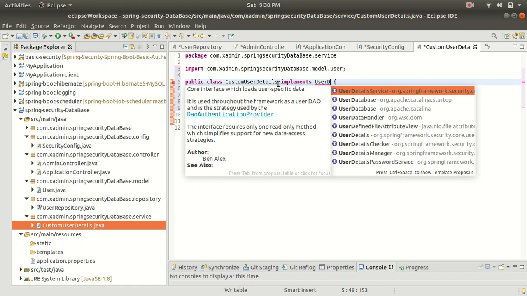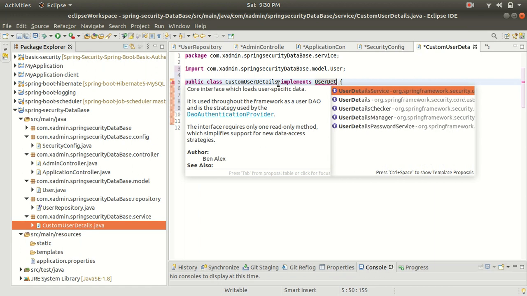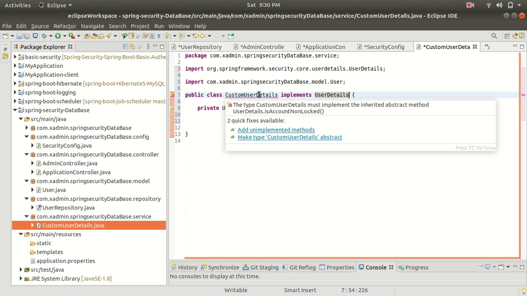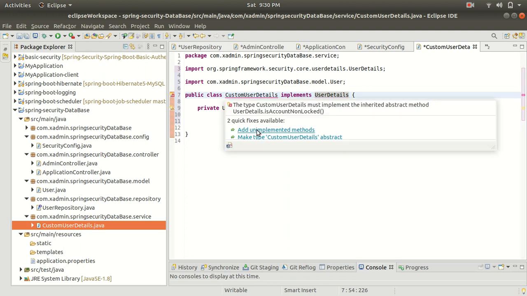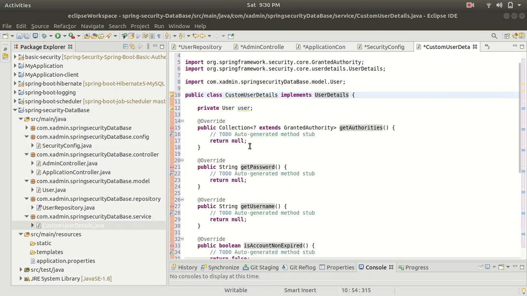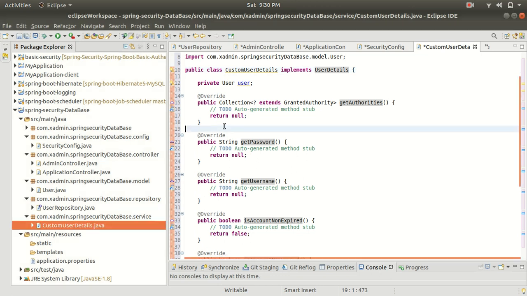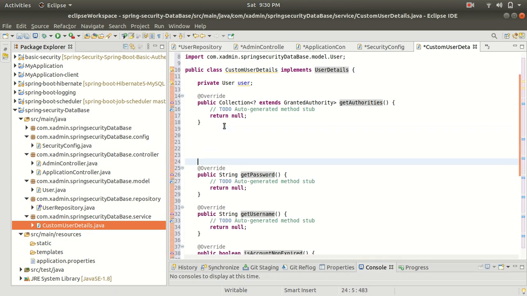All right, so the UserDetails of the Spring Security interface. So guys, it is saying to add unimplemented methods. So we have to override all these methods. So guys, I have overridden all the methods.